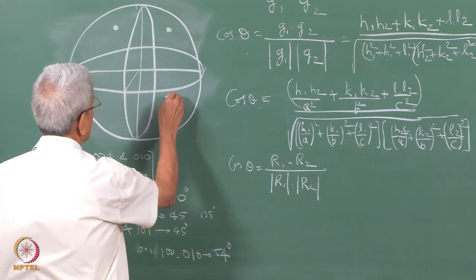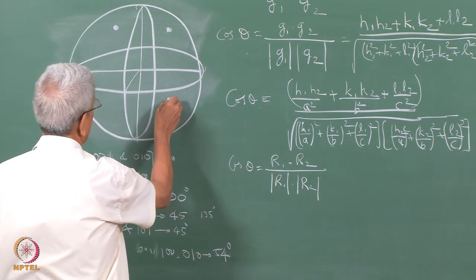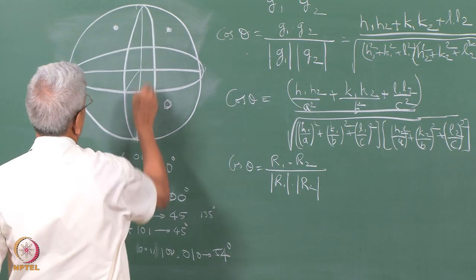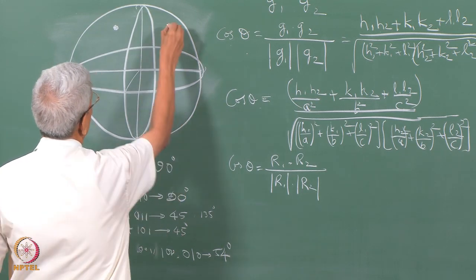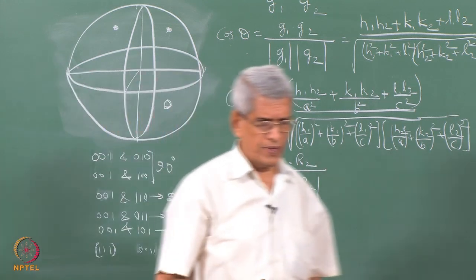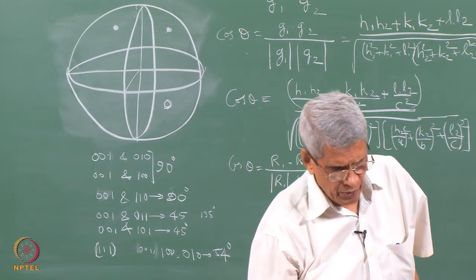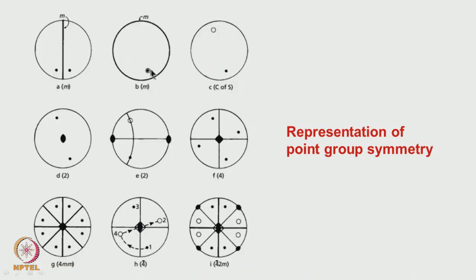So, how we represent it, as we learned in the last class, is by viewing it from here, and then using an open circle. So, if you do that, this will be just superimposed on top of that, and that is precisely what is being shown in this particular case. And this thick line essentially indicates that on this primitive circle is where the mirror plane is also there.